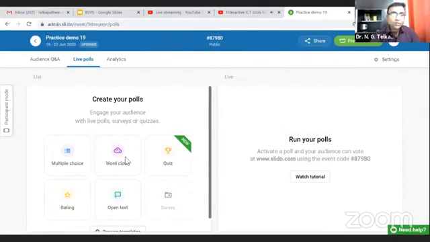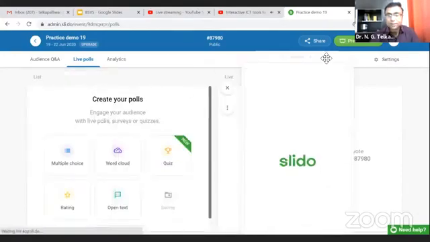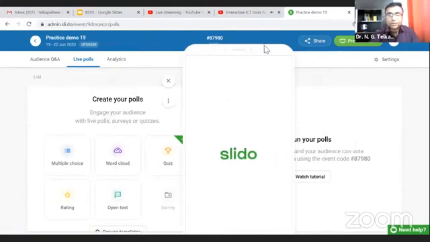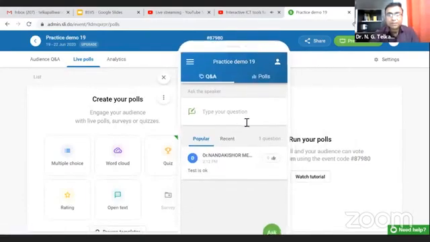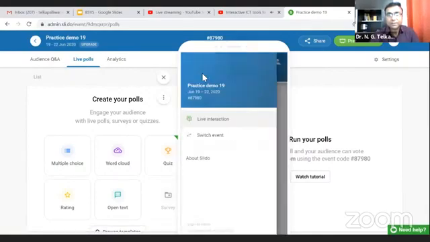Then next, once you create the quiz, now we are going to discuss the event. Suppose a student is using that code in participant mode in the app-based platform. Suppose this is the mobile, it is just opening now. Now this type of platform is available, question answer and poll. So the student can just go into the poll and take part in the poll, survey, question, etc. So there are different types of facilities. Live interaction is also available.